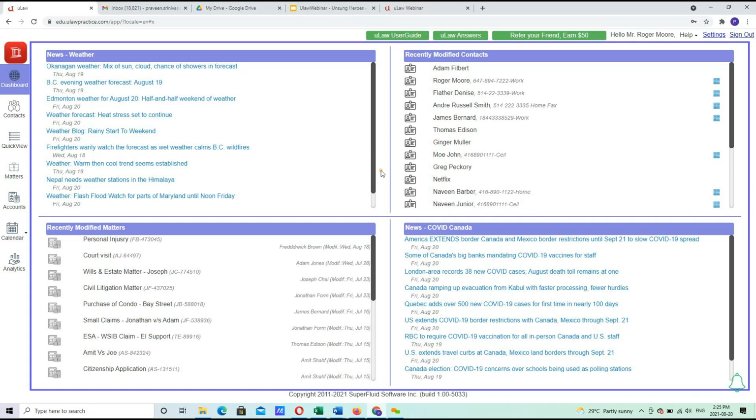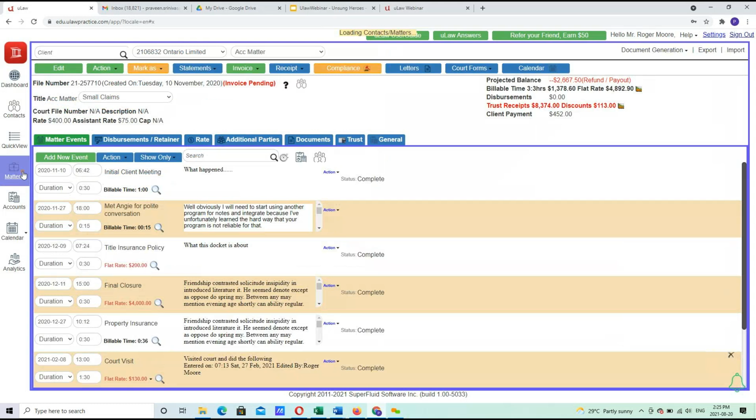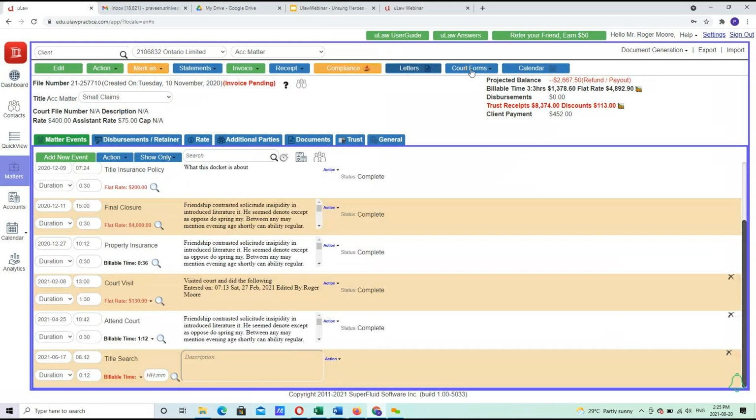Okay. So just to quickly answer that question around core forms, if you go into any file or matter, rather, what you see at the top right here are the core forms. Just stop the dashboard real quick. Yeah, so what you see here are the core forms. So when you're generating, let's say, small claims, LTB, family matters, criminal,